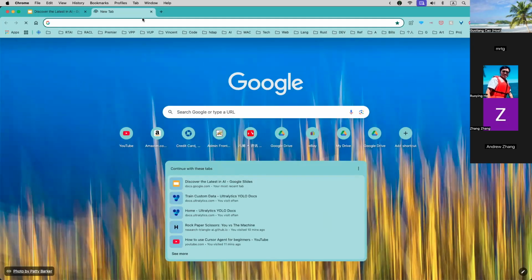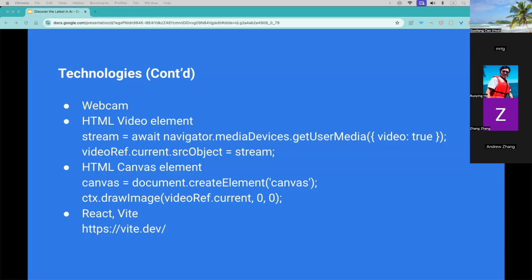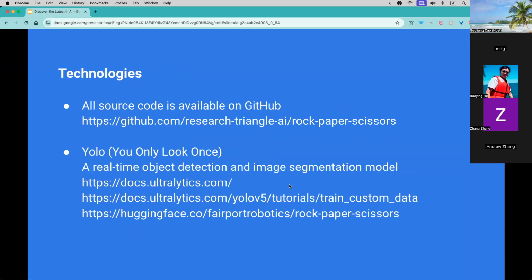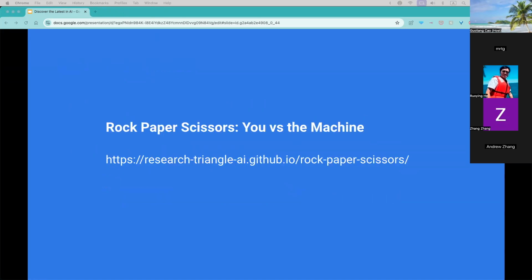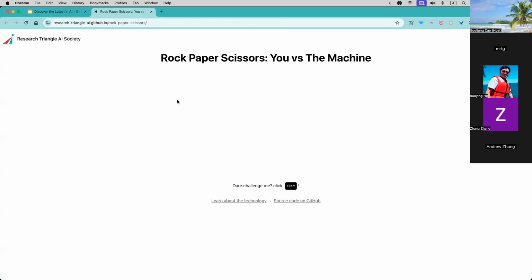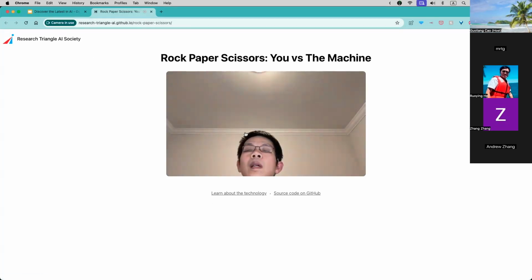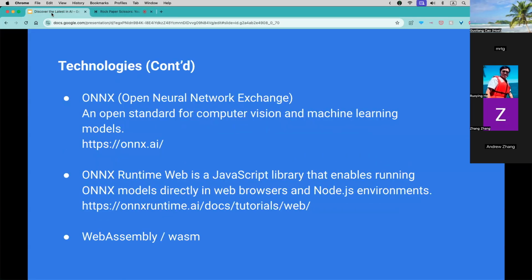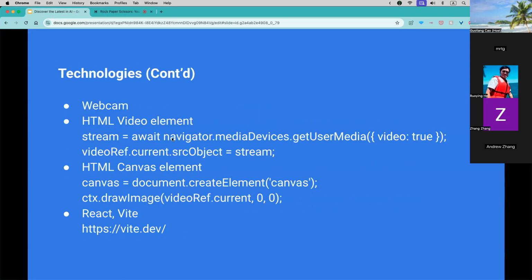Let me open this again. So this is the video element. When you approve it, the browser will allow the video element to access your camera.